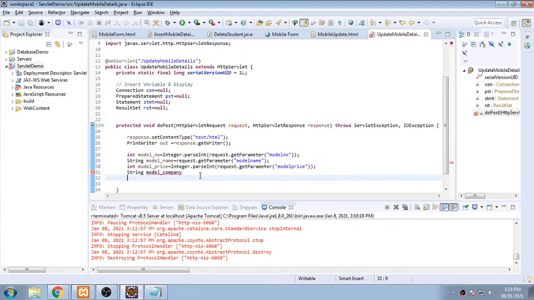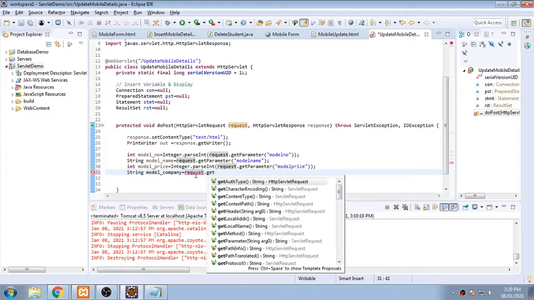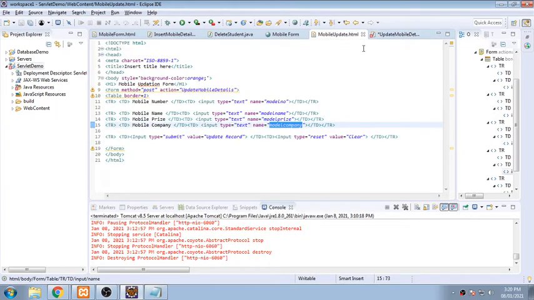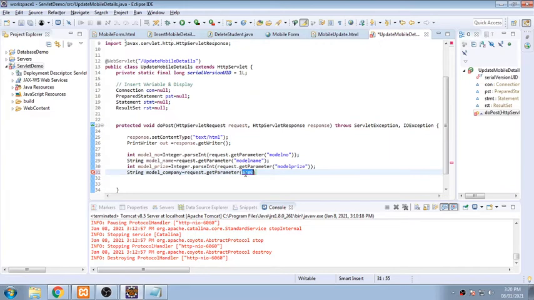And finally, company name will be from request dot get parameter and the fourth text box. So now it's okay with me, so I am writing it in double quotes, and now these values are with me.